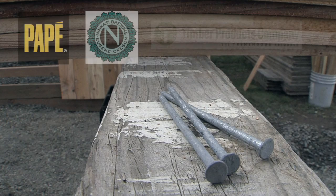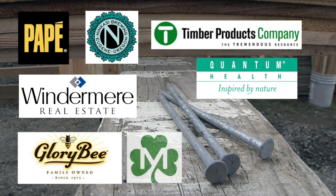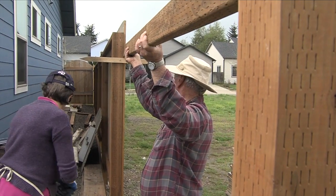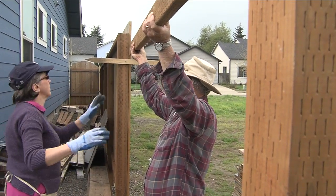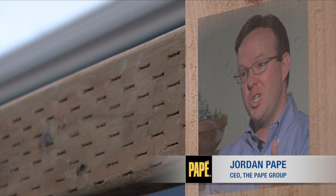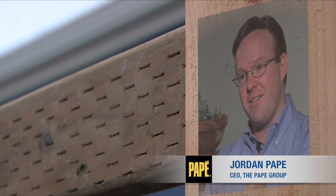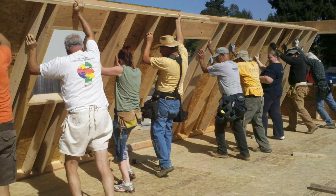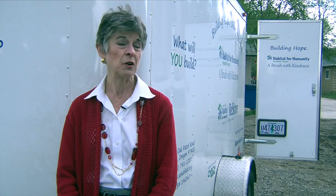In talking to these 7 businesses, they were excited, saying, well, we'll raise half of it, and the rest of the group needs to raise the other half, and in an hour, we're going to change a life for a family. The 7 companies are here to stabilize this and grow it and help us ensure that we can go from just a fundraising effort to building homes. That's our goal this year, is just in an hour, raise enough money to go ahead and just build a